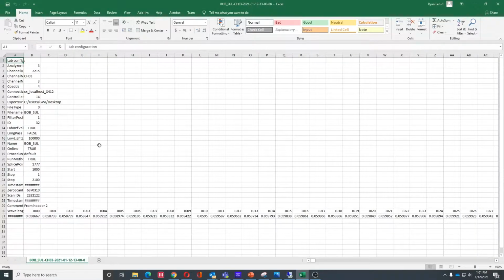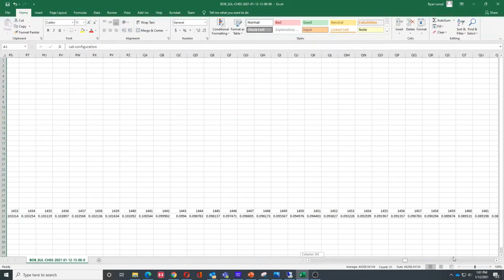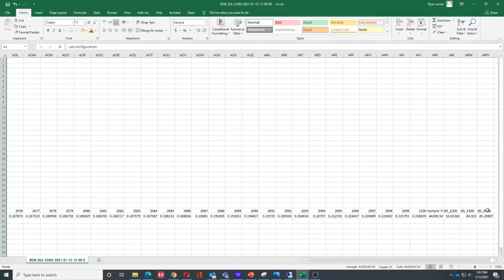If we open that file inside of Excel, we can see how the data is laid out. And down here at the bottom is our wavelengths and our absorbance values. And if we go all the way to the end of this, we can see the RON, E300, E200, and